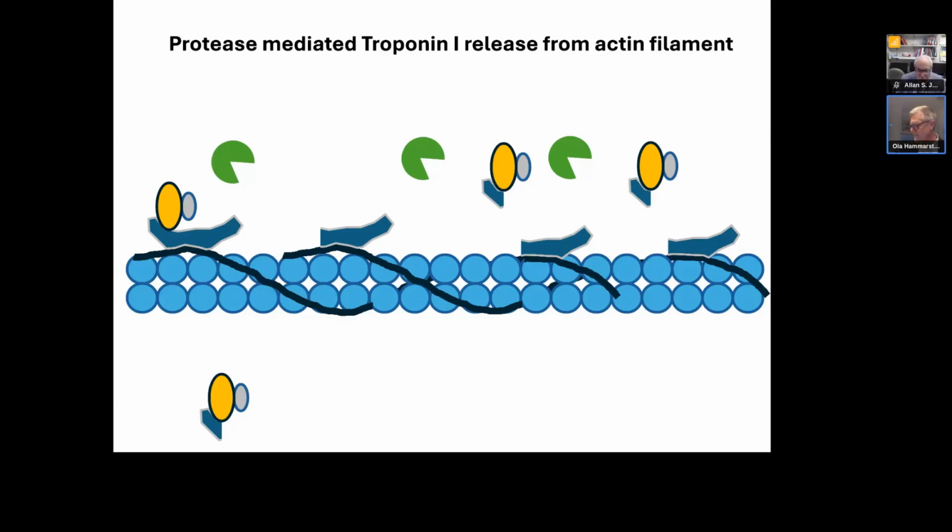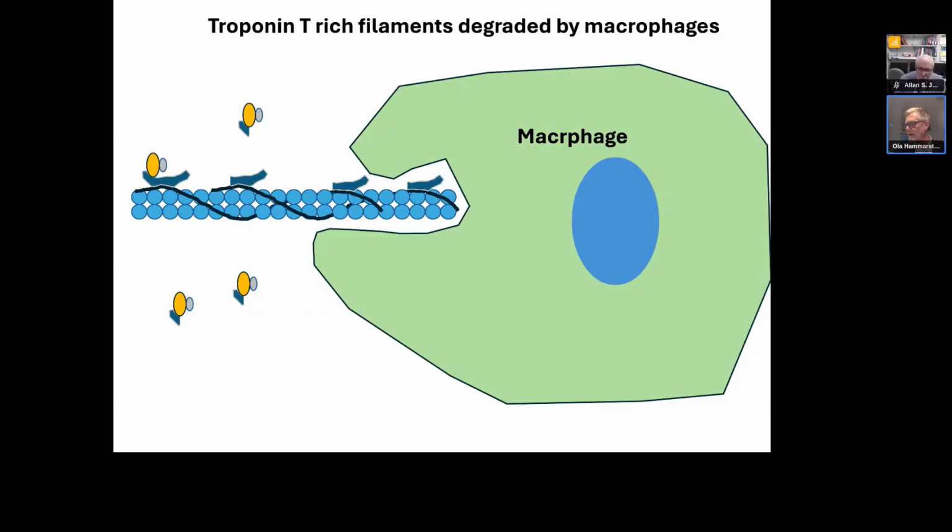And we think that then, in the next slide, what happens is that following necrosis, this protease is cleaving off the troponin I, so that it becomes released very fast, whereas the troponin T that is measured by the Roche assay is remaining on the insoluble filaments that for the large part is being degraded without reaching the circulation by the